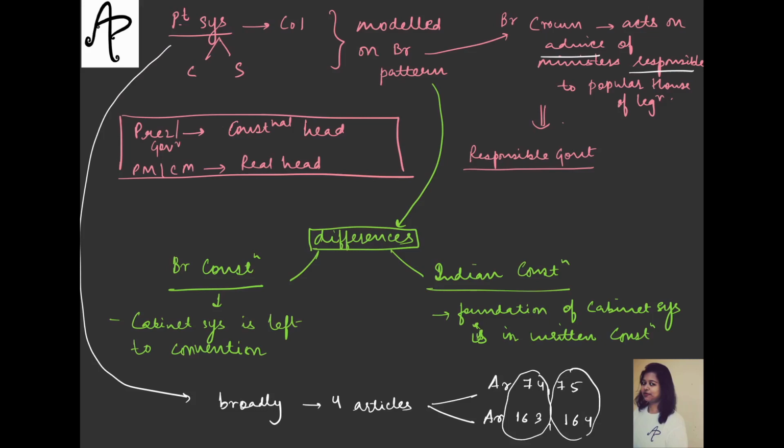These two will be the content for the next lecture. I hope the introduction of this Council of Ministers topic is clear to you. When we talk about these two, the 74 and the 163, they are actually dealing with the status of Council of Ministers, which we'll do just now. And they are dealing with the other provisions about Council of Ministers, like their oath, salary, etc. So all of those things we'll see in the next video. So here our focus is on the status of the Union and the State Council of Ministers, and therefore, as I said, we'll do the details of Article 74 and 163.